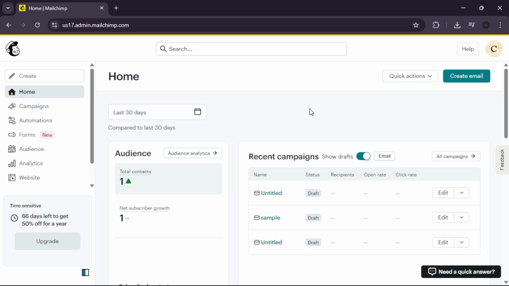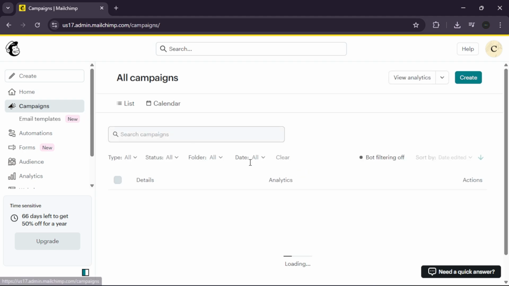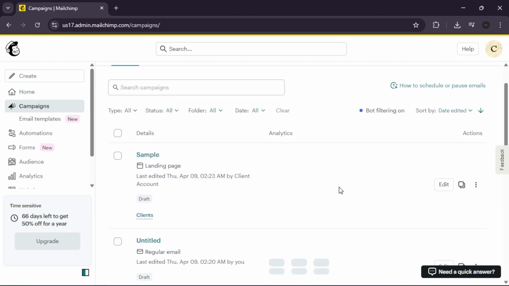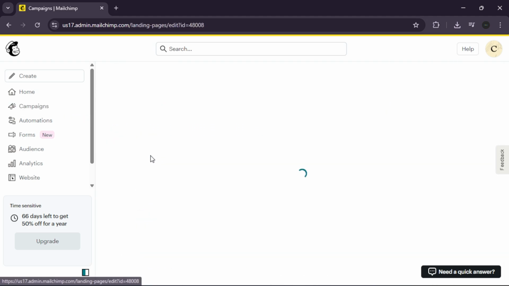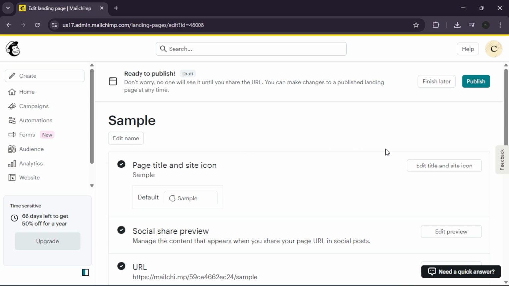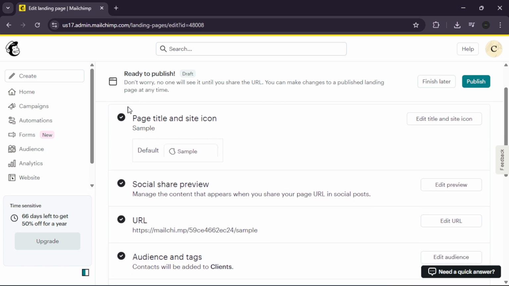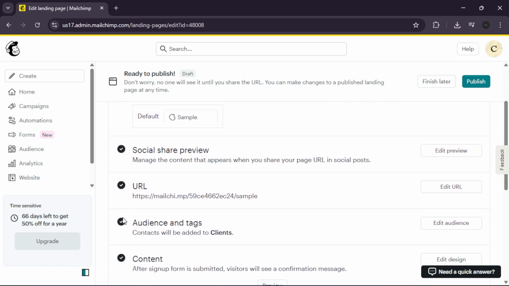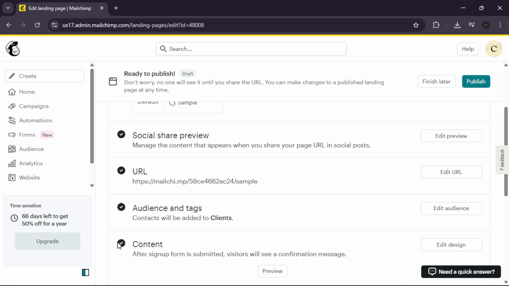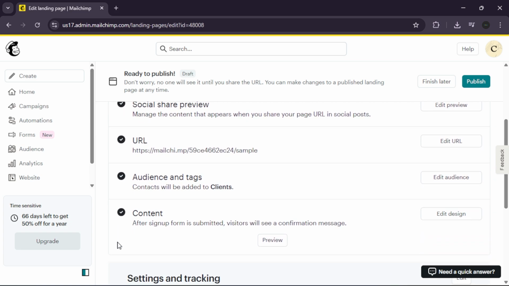Log in to your Mailchimp dashboard, click on the Campaigns tab, and select the specific email or landing page campaign you are currently building. Ensure you are in the main checklist view of your campaign, where you can see the Content section. To provide a professional experience for your technical video audience, you need to access the Studio Builder, where all your